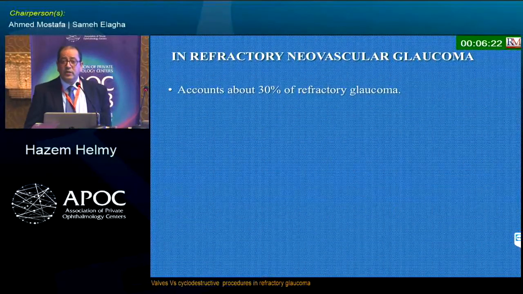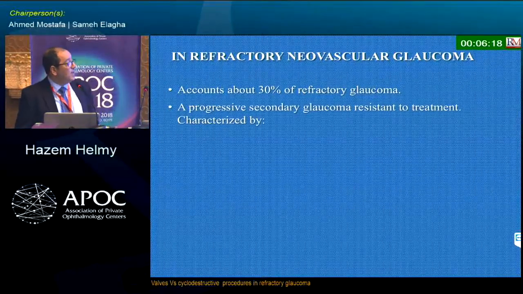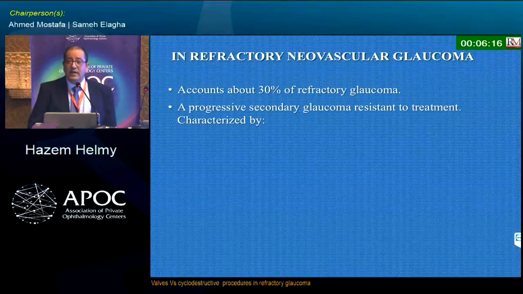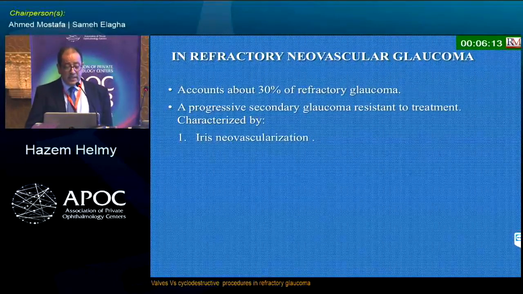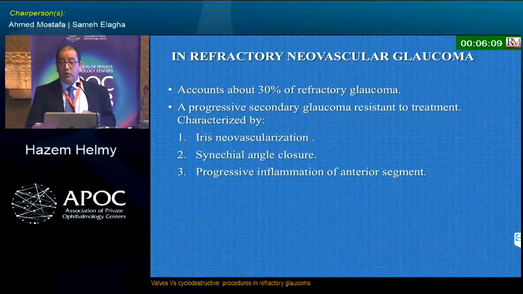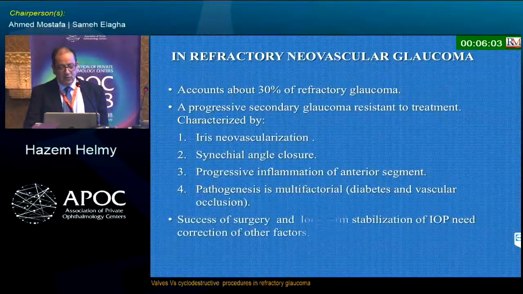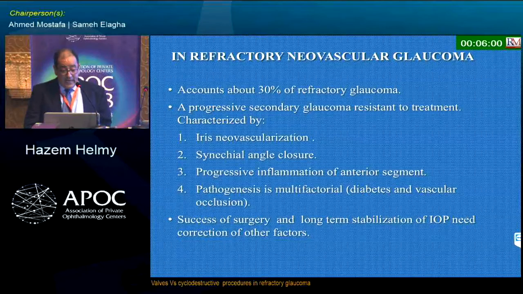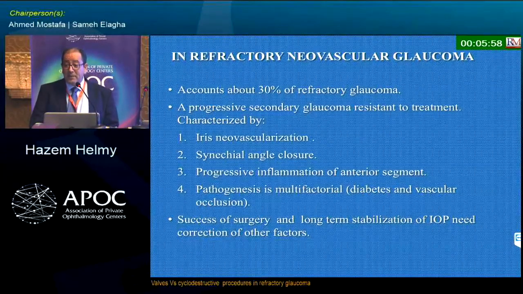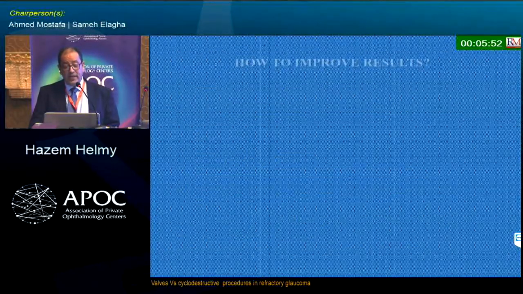طيب الريفراكتوري فاسكولار جلوكوما الكابوس الاكبر، بيشكل 30% من الريفراكتوري جلوكوماز، ودي بروجريسيف ديزيز ريزيستنت تو التراديشنال تريتمنت، لان فيه اريس نوفاسكولايزيشن، ساينيكال انجل كلوجر، بروجريسيف انفلاميشن للانتيريور تشامبر، والباثوجينيسيس از مالتي فاكتوريال، داخل معانا فيها الدايابيتس والفاسكولار انسر. السكسيس اوف سيرجري واللونج تيرم نورماليزيشن اوف انتراوكيولار بريشر بيعتمد على انك تصلح حاجات تانية جنب التنشن، ومن هنا